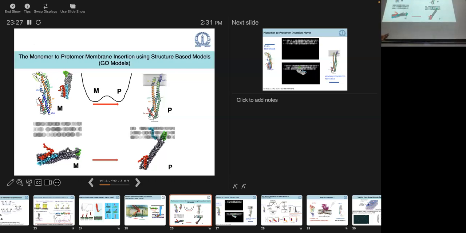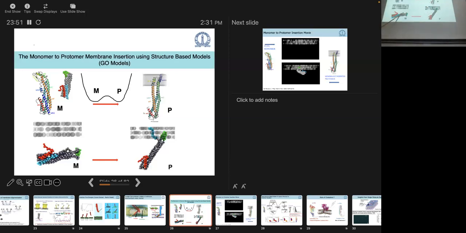And they're successful up to a point. And I'll show you the kind of information that we get from this. So this is the monomeric state. We also had to add a membrane in to be consistent with this structure-based model. And this is the monomeric state, which is the crystal structure is known. And it's only based on the C alpha atoms that you have. And again, here is the structure, the membrane inserted state was a structure that we know.